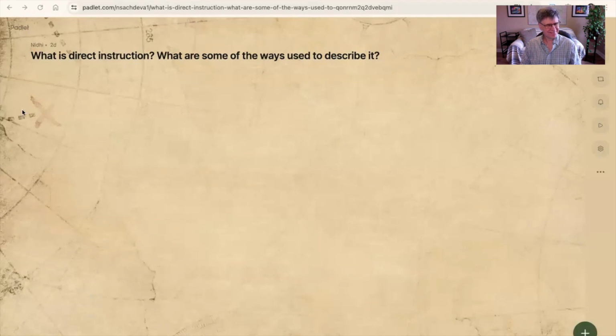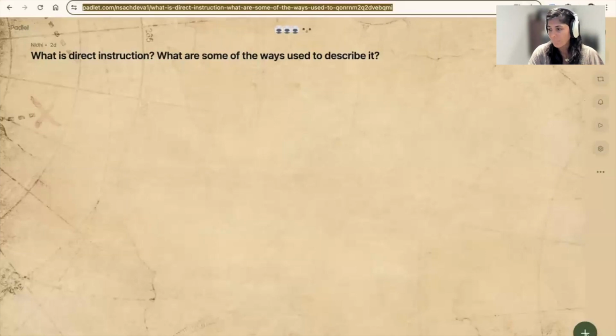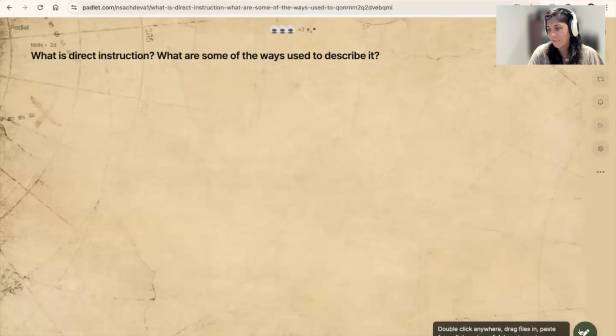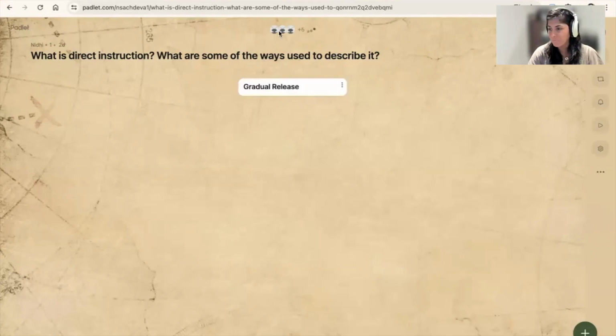So if you click on the link, and you can still see my screen, you see a little plus sign at the bottom right. You'll click on that plus sign, and then you can just start adding what you'd like to say about what are some of the ways used to describe the phrase direct instruction. Once you're done, click on the button publish, and then you'll start seeing. I can see folks typing in, so I'll keep that particular screen there.